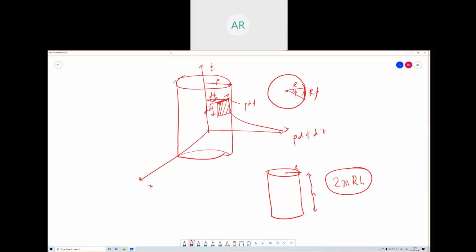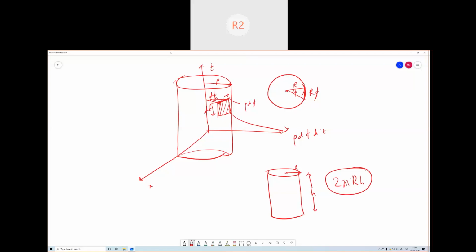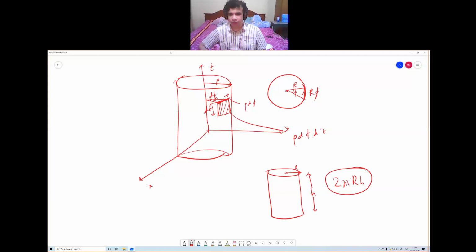In school, we have learned these formulas, we have memorized them, we have used them. Now we will understand how these formulas come. Can you prove it? Sir, we will take the circumference of the circle and multiply it with the height. One way is yes, using this. Actually, Ritika, what I was saying is that from school we have seen that the curved surface area of a cylinder is 2 pi rh, r is the radius, h is the height. Can you prove it?